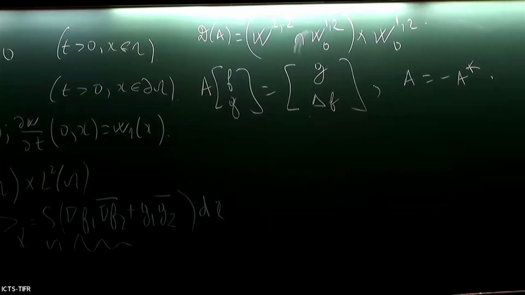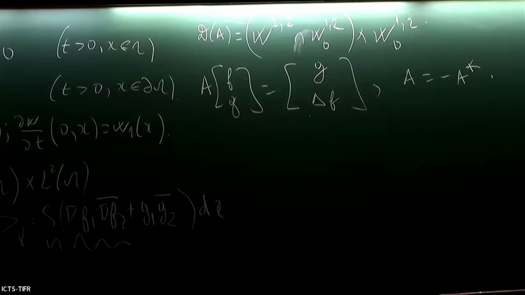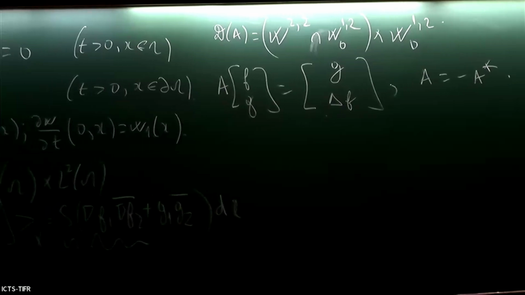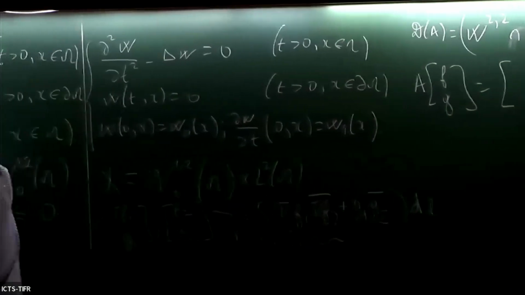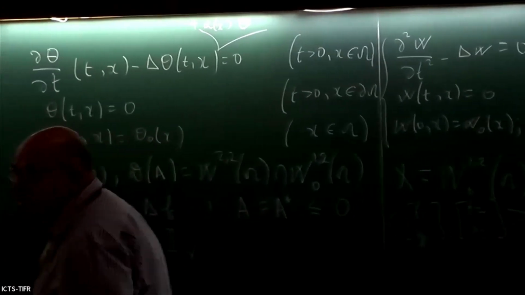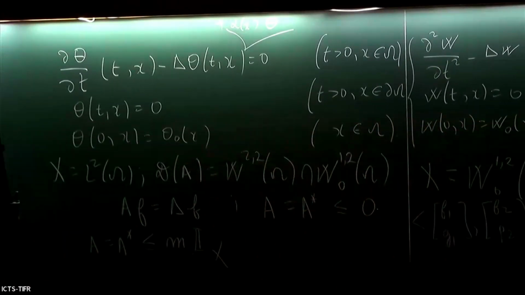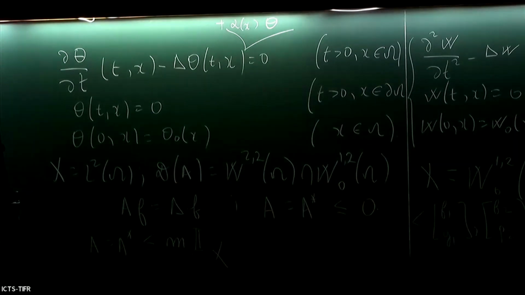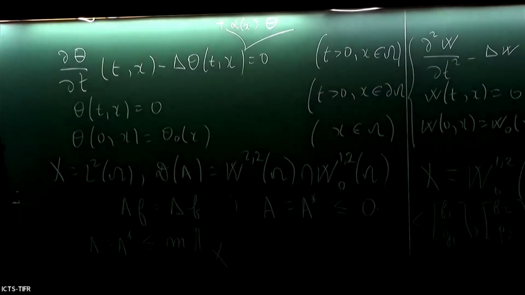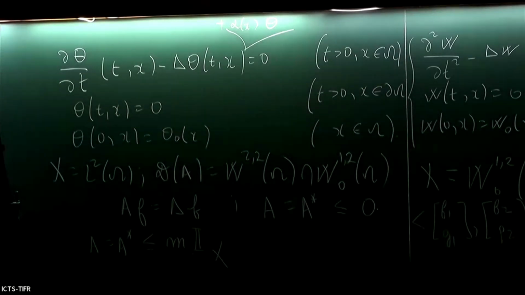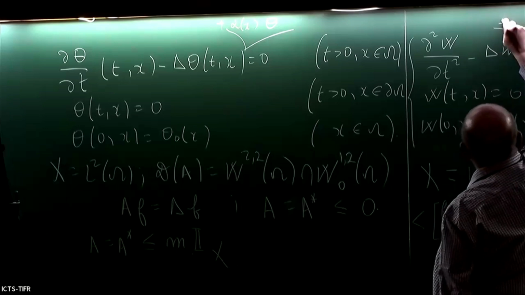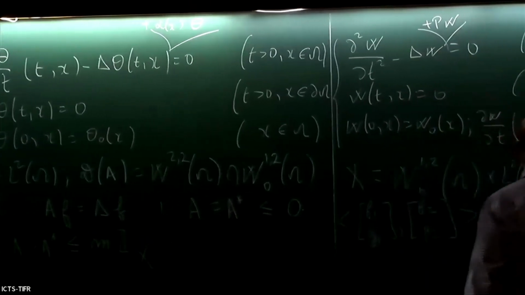So that's the typical, and of course, I can add perturbations which are bounded. So here, what can I add as a perturbation? That's the third situation. Roughly speaking, to have it bounded in the state space, I can multiply by a function, add here alpha of x times theta with alpha bounded. That's an admissible perturbation which keeps the fact that I have a semigroup. And here, I can add a bit more since I'm in this inner product. I can add here a P of W, where P of W contains